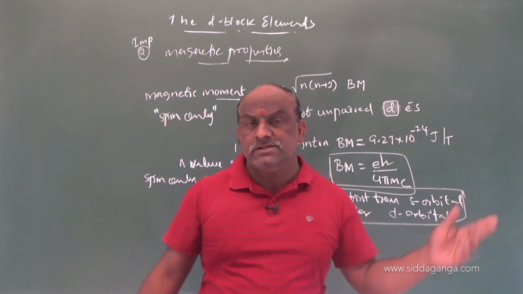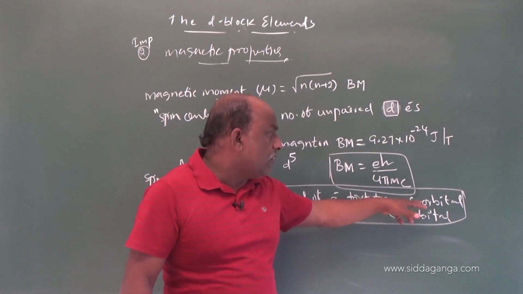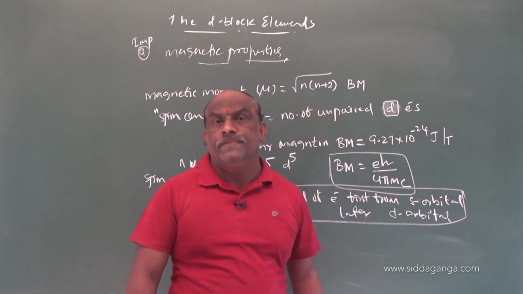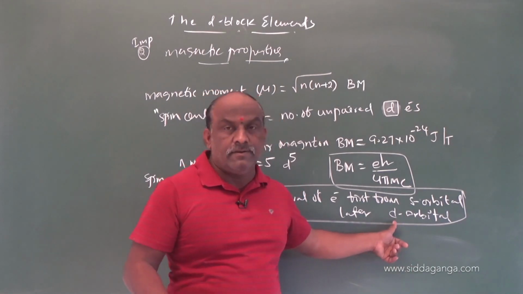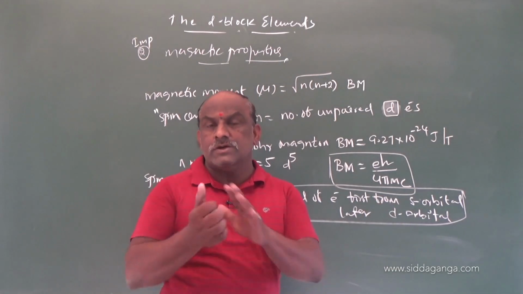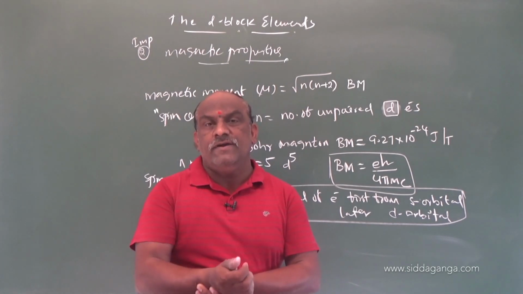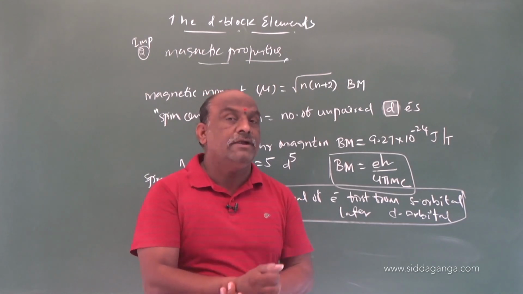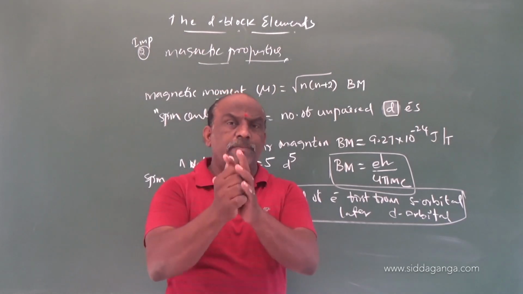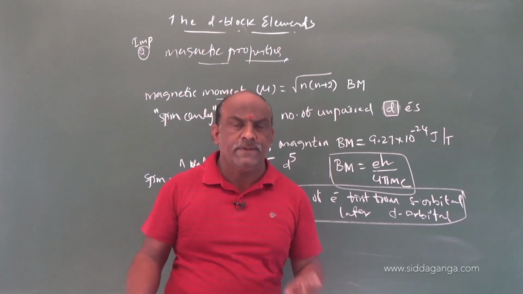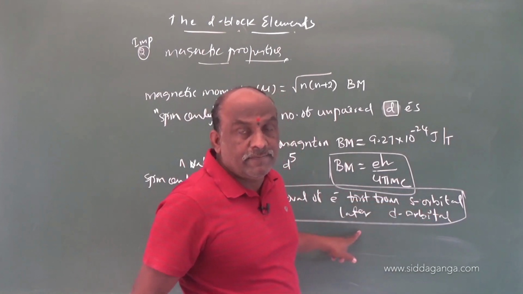We discussed metals, so we consider them as examples for cations. For cations, first you should remove electrons from the s orbital, after that the d orbital. Where students find difficulty is when the number of d electrons is more. If the number of d electrons is less, there is no problem. But don't apply the wrong technique. It is clear: removal of electrons is first from the s orbital, later the d orbital.